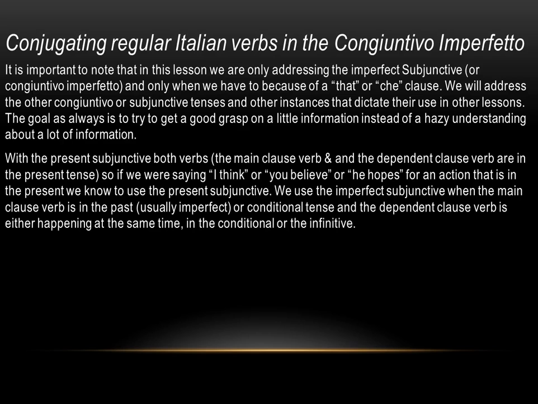We use the imperfect subjunctive when the main clause verb is in the past, usually in the imperfect, or in the conditional tense, and the dependent clause verb is either happening at the same time, in the conditional, or in the infinitive in English. A few other examples are: